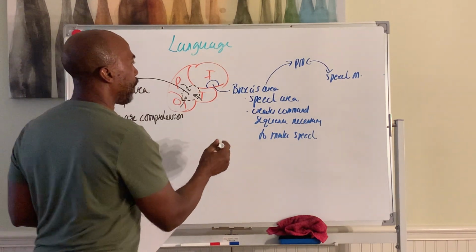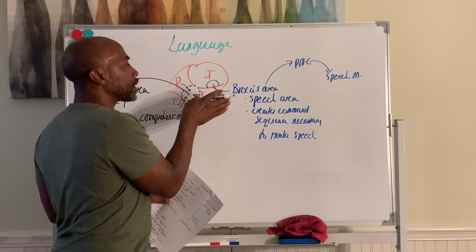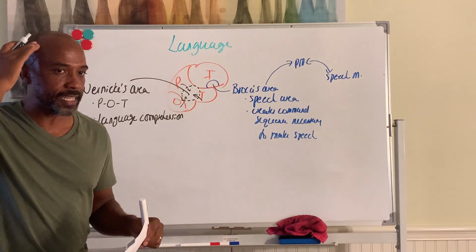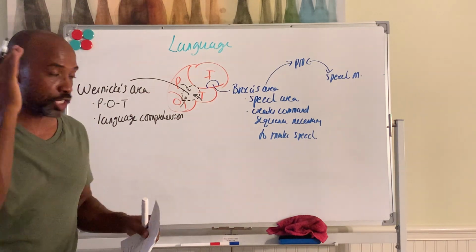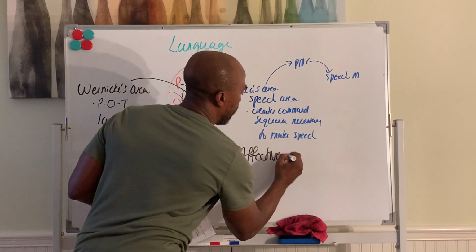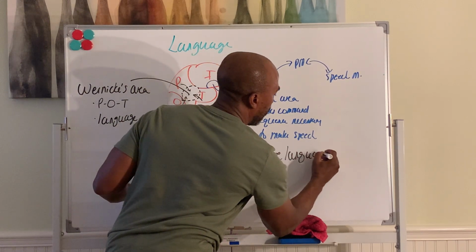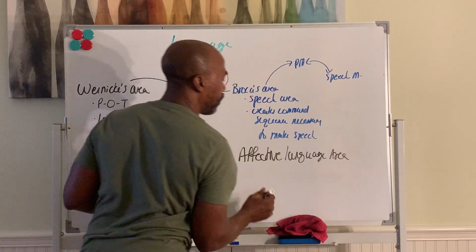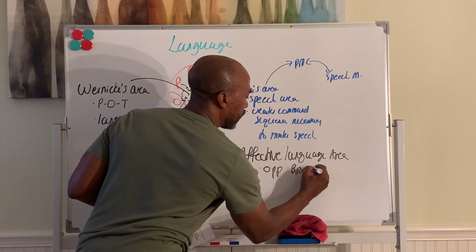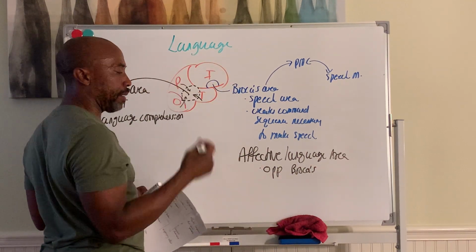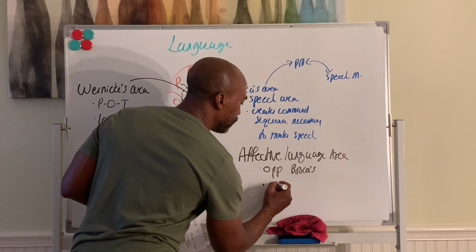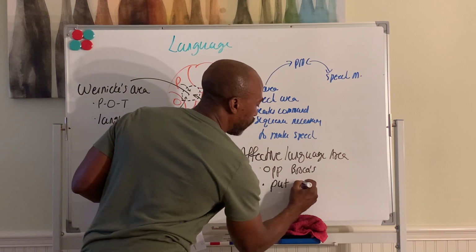Then in the area of the brain on the opposite side of Broca's. So Broca's is on the left side. The area on this side that's opposite of Broca's is called your affective language area. That part is opposite Broca's, in the same exact area, just in the other hemisphere. And it allows you to put emotions